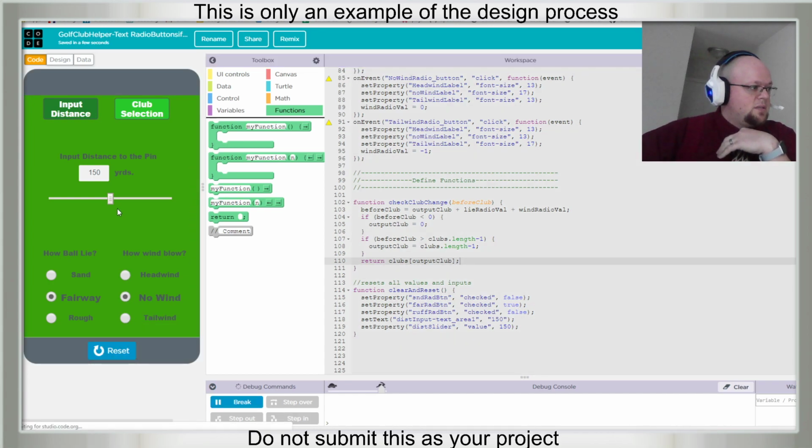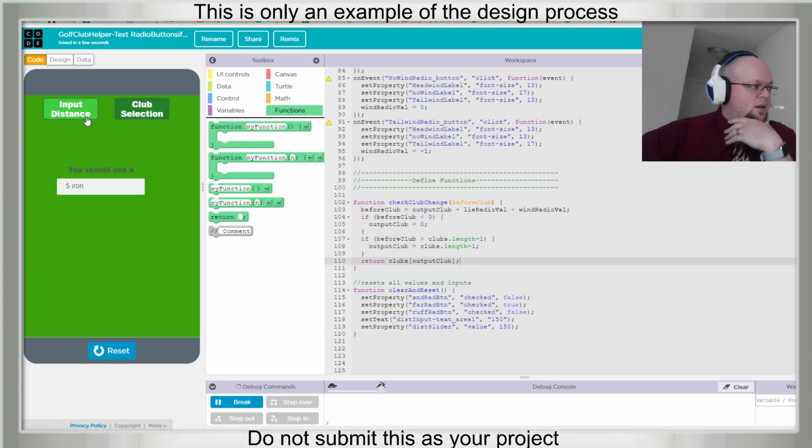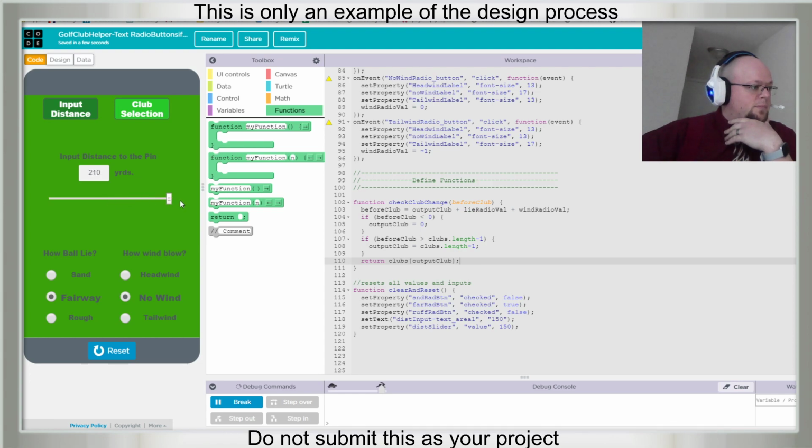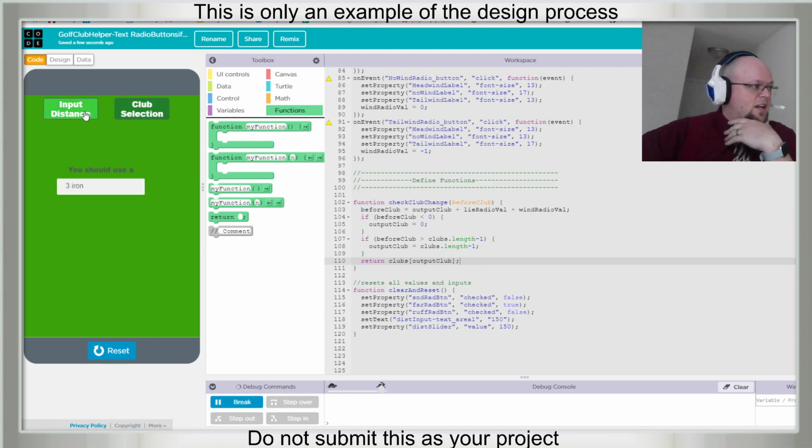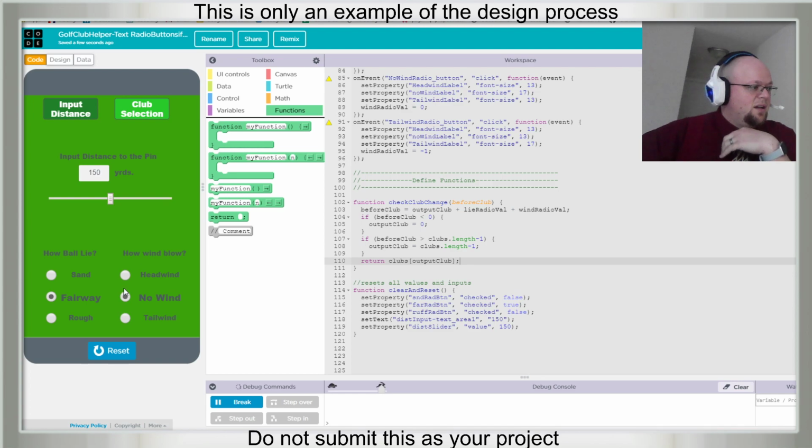Okay, so let's test. This should say 5 iron. Okay, if we go up, this should say 3 iron. Holy moly. This should still say 3 iron. Holy moly. This should still say 3 iron.